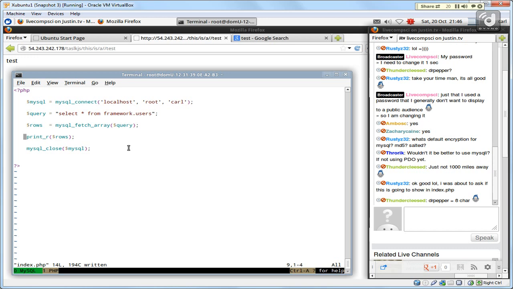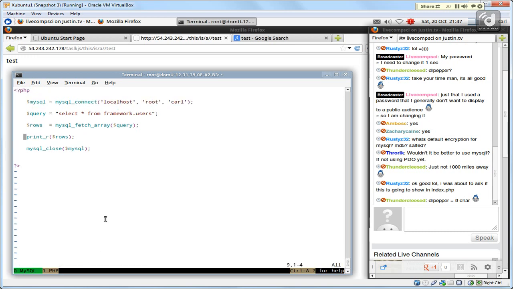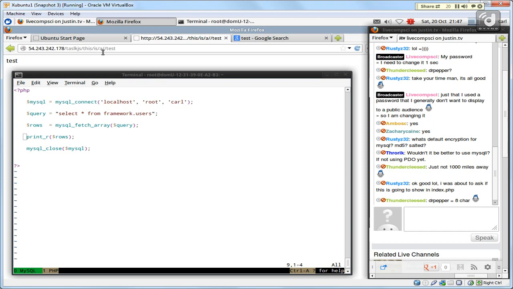In Vim, one thing that you can do is type :!php -nl, and the -nl means that we're going to do a syntax check to make sure we don't have any errors or typos without actually running the code. So the code is not going to be run, it's just going to be checked. And then a %, which can just be thought of as all of this. And then we hit enter, and it tells us no errors. So that's good to know,